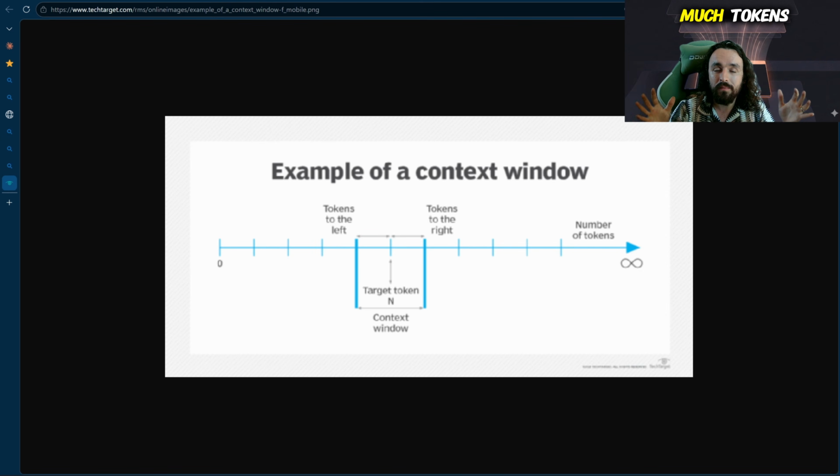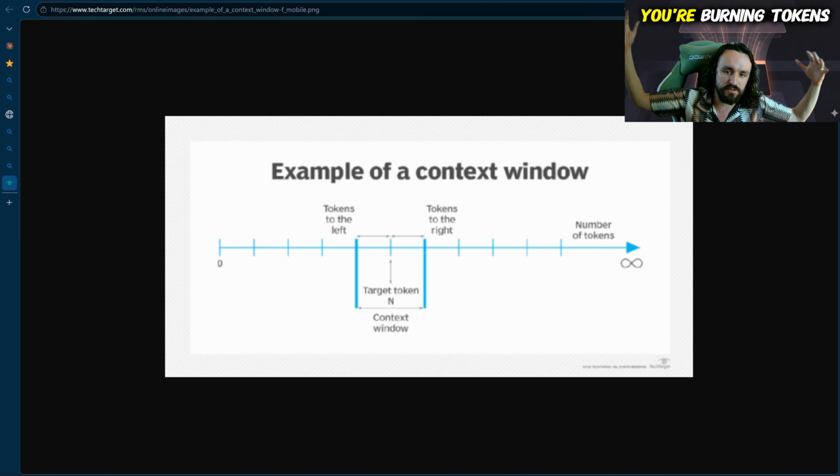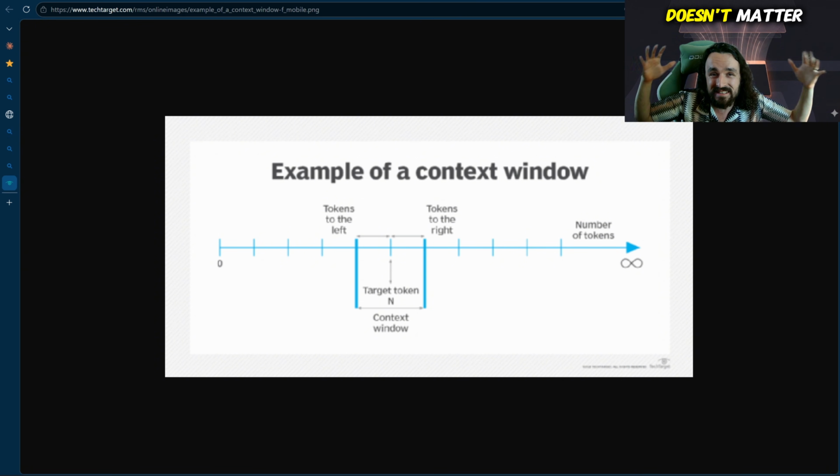There's only so many tokens an AI can have in its context window before it starts failing. When people say context window, they mean how many tokens the AI can see at once. And that window is in fact finite. So if you dump everything into one file, an AI writing a blog post is also reading your video production notes. You're burning tokens on stuff that doesn't matter.